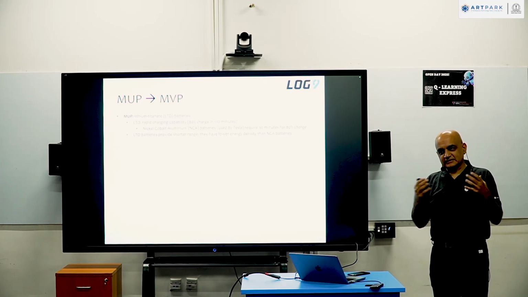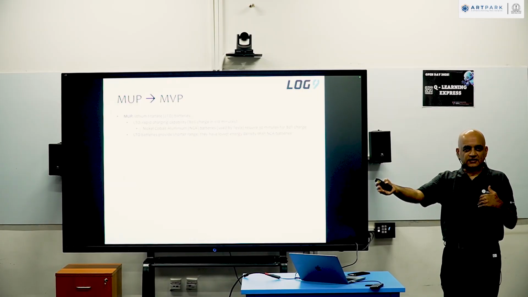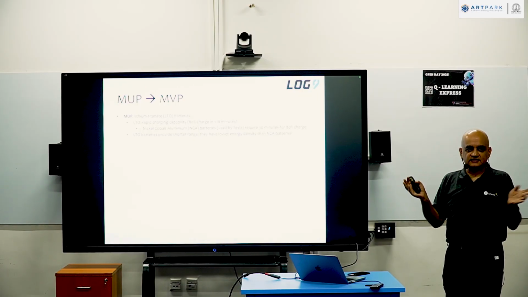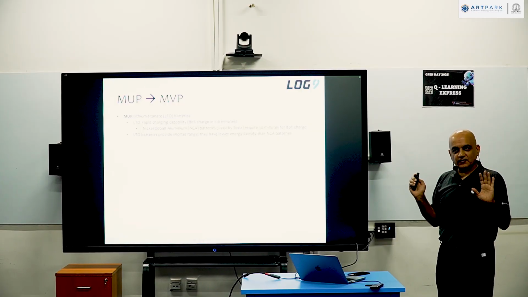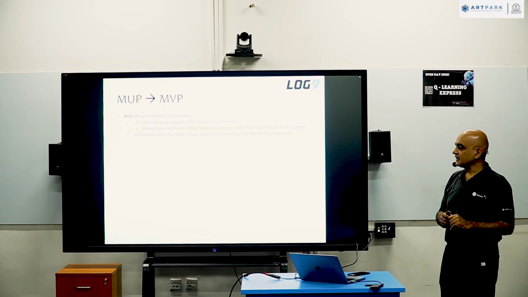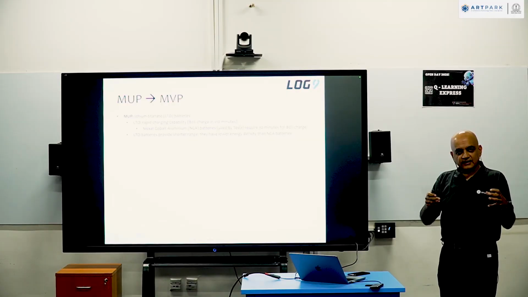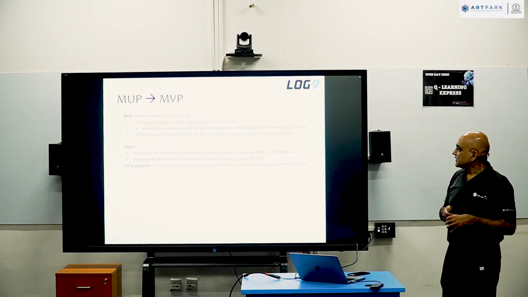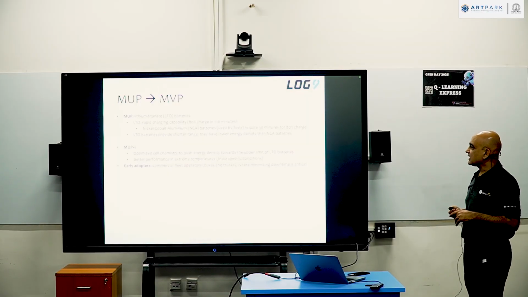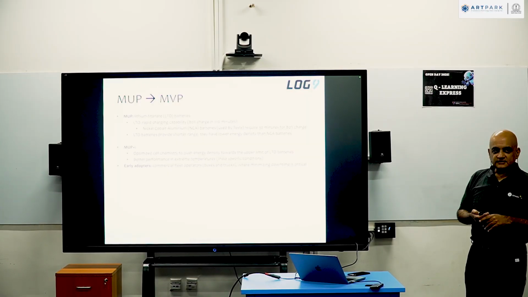A car which is personal, intercity driving, let's say if you want to go from here to Chennai, 350 kilometers, you don't want to stop in between and charge it, right? So there are different parameters. And these guys are very clearly targeting a hub and spoke model, where the assets can come back to the hub and get recharged, right? The next step was to actually start looking at the early adopters, and for this they